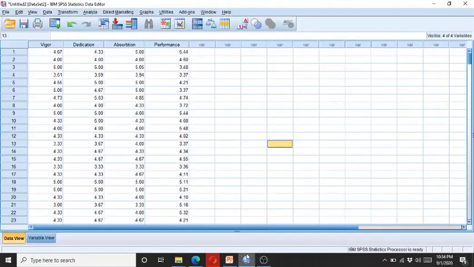whereas the linearity is checked through observing the scatter plot of the standardized residual of the dependent and independent variable. So here we have this data consisting of 4 variables. The performance is the dependent variable, while the absorption, dedication, and vigor are the 3 independent variables. So we run regression analysis and check the data normality and see whether there are any normality or linearity related